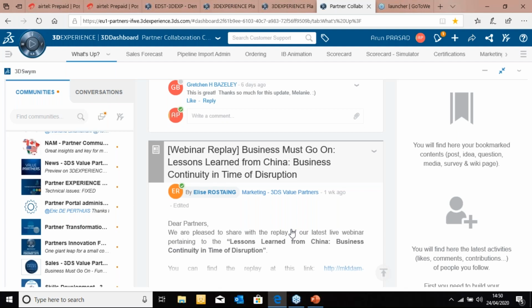However, if the customer is not using the 3D Experience platform, you can still invite them to be a part of the system, so that you can have a daily review and a day-to-day discussion with the customers, and at the same time you can show the technology know-how that you are already in. You are way ahead in the technology know-how that you are connecting with your customers, and the customer would definitely be happy to get connected in one single dashboard, no matter wherever they are.